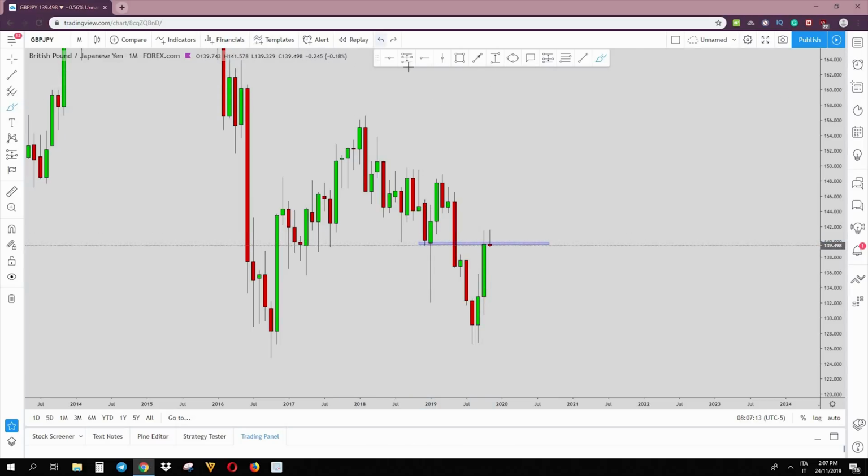Now, as you know, there is one thing that you really need to notice here from the monthly time frame. In all of this impulse to the downside, from this high here to this low here, there's one candle that is not related to the move, meaning one candle that is of a different color, which is this green candle